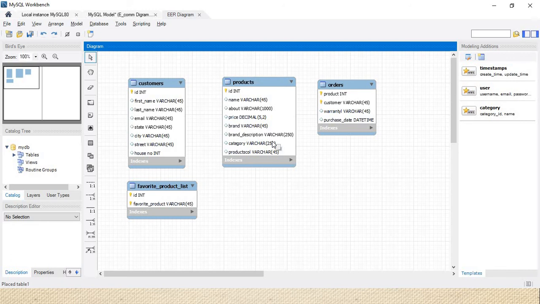Okay, so this is about the customers. Now we'll discuss the product. See, product ID is in normal form. ID is in, so here we need to use product ID like that. Name is like that, and ID is that. After that, about, price, brand value.